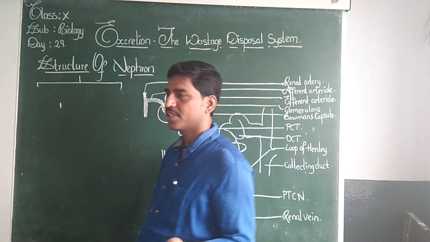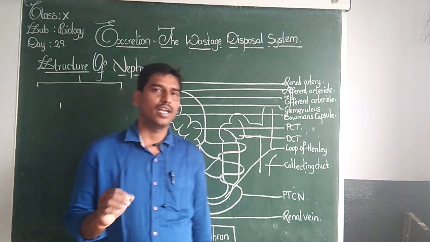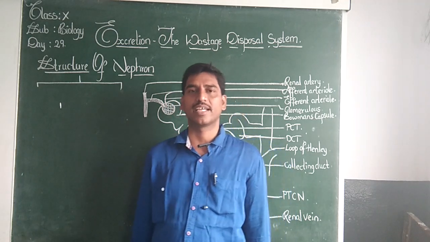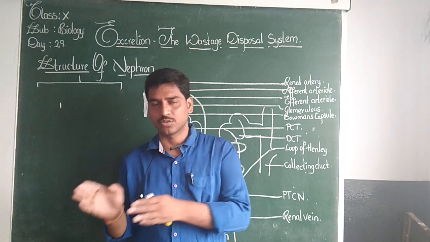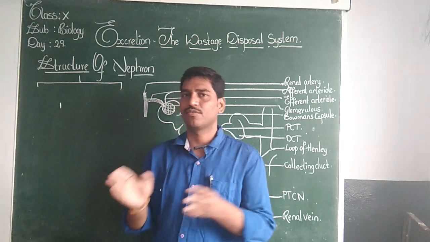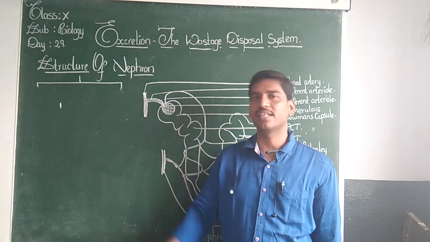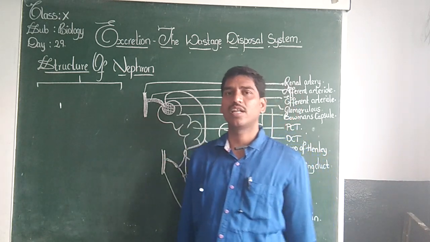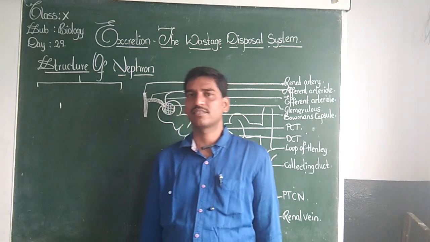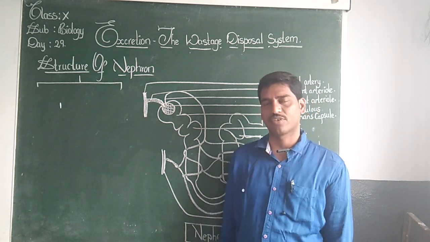Already we have studied in the previous classes that kidneys are made up of nephrons. Nearly 1.3 to 1.8 million nephrons are present in a kidney. Just before, I made a correlation between the tea mesh and our nephrons, right? That filtration process is done by these nephrons. So we call nephrons the functional unit of kidneys. So what are the structural and functional unit of kidneys? The structural and functional unit of kidneys are nephrons, right?